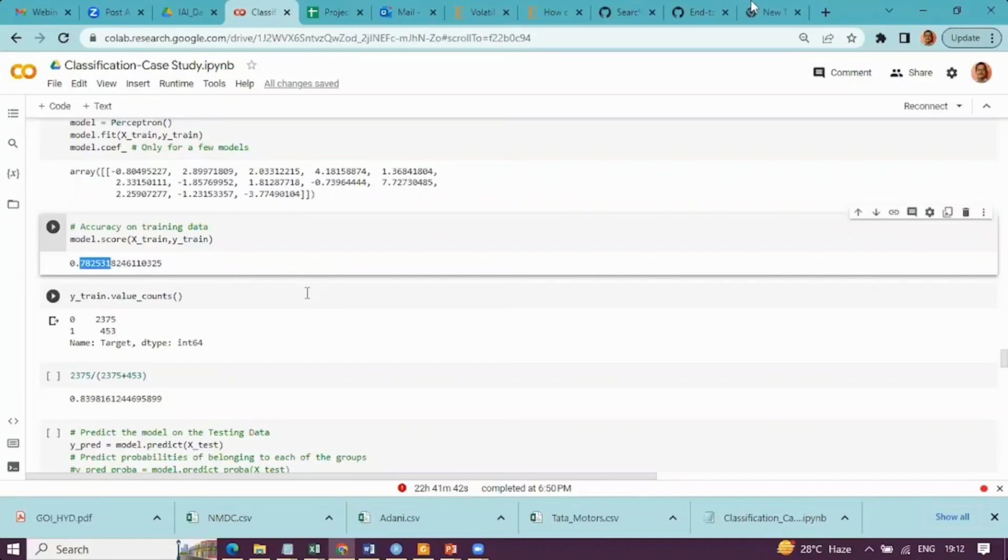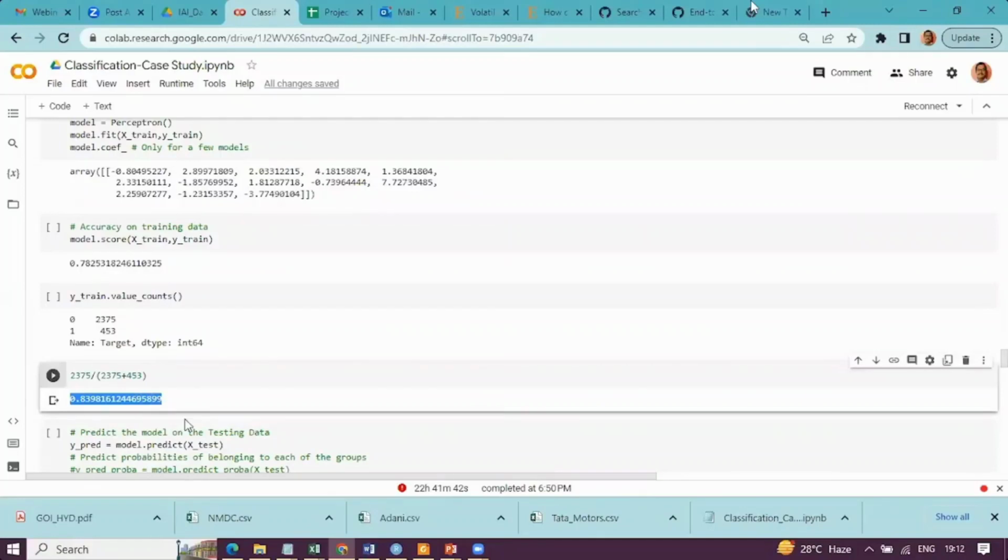And because of that, my accuracy, if I am testing it back on the training data, it should be more than this 83.98%. Even 84% is fine, but definitely not less than 83.98%. So here in this case, I can very well say that the basic perceptron model is an underfitted model to this data because it is not able to bring out that minimum level of accuracy that is required,